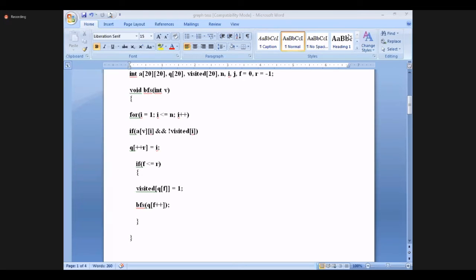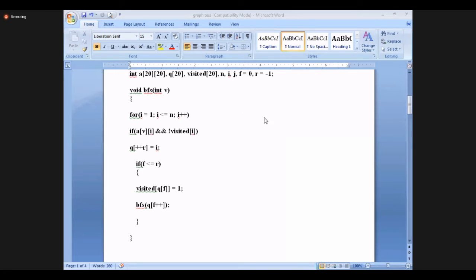Okay, so now it will see the first row and first column, and whether it is visited or not. Immediately Q of plus plus or I, it will assign this I value to the Q row, and then it will check the first node.